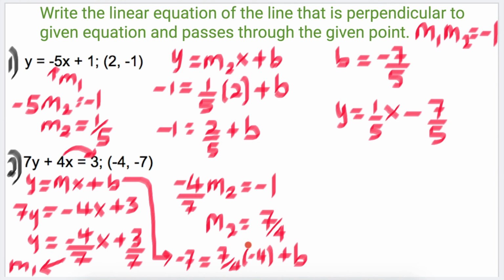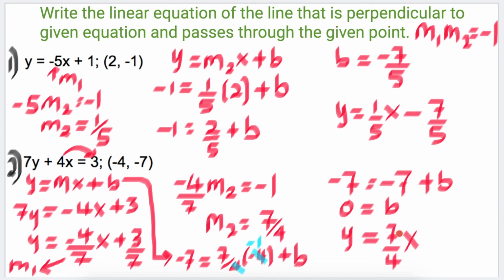Now, since here we're multiplying this fraction with a denominator of 4 and the negative 4, those two numbers have a common factor, which is 4. So we can divide those two numbers, and when you divide them, you get negative 1. So that means our equation is going to become negative 7 is equal to negative 7 plus b. So to solve this one-step equation, we just need to move this negative 7 over to the left side, and you're going to get 0 equals b. We have our b value, we have our slope, so the final answer is going to be y equals 7